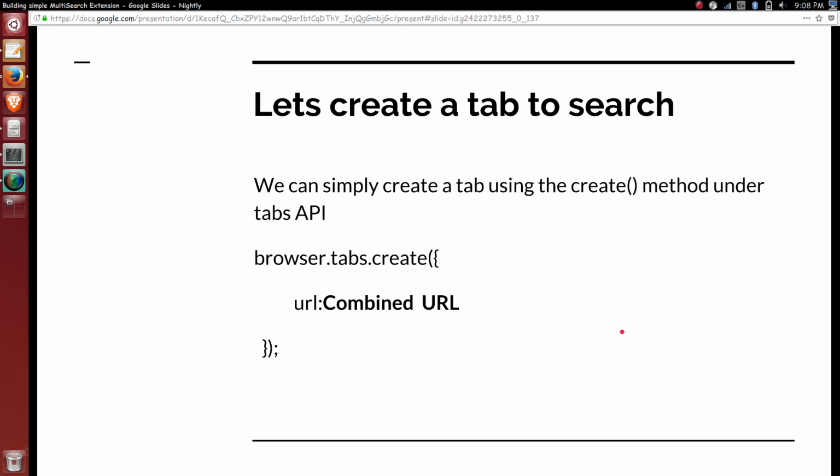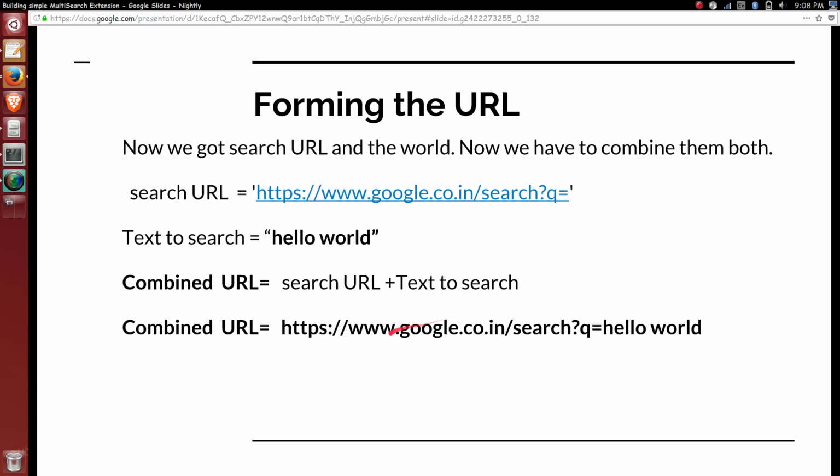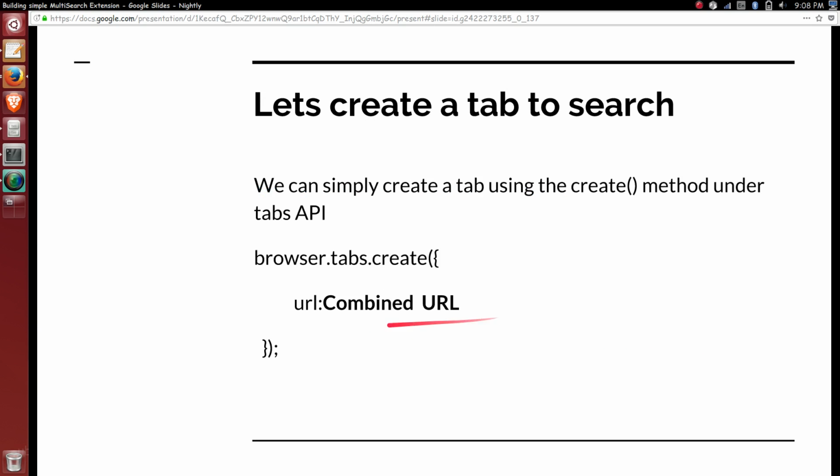The next thing is very simple. We have to call the browser.tabs.create method and give the URL which we have to open in the new tab. So I will be giving this particular URL I got here for the parameter url. So in the new tab the search will be executed.